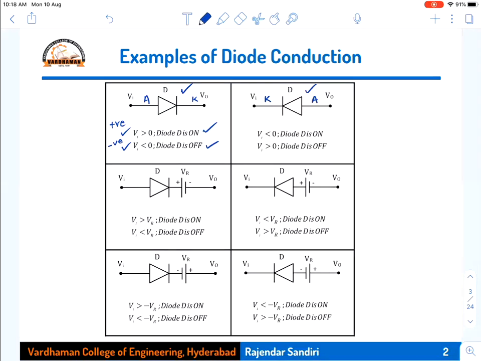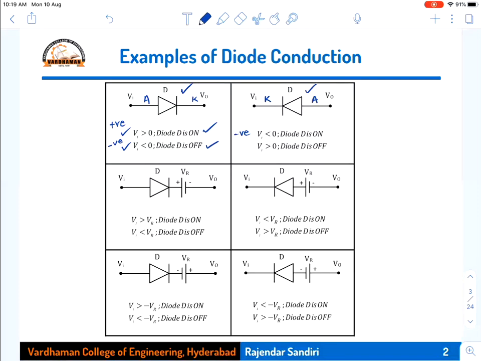Now, in the second case, Vi is connected with cathode. Now Vi is less than 0. So cathode is there and Vi is less than 0. Then it is opposite to the first case where anode is having Vi greater than 0. Then Vi is positive, therefore it could conduct. But in the second case, Vi is less than 0, negative. So negative voltage is applied to the cathode.